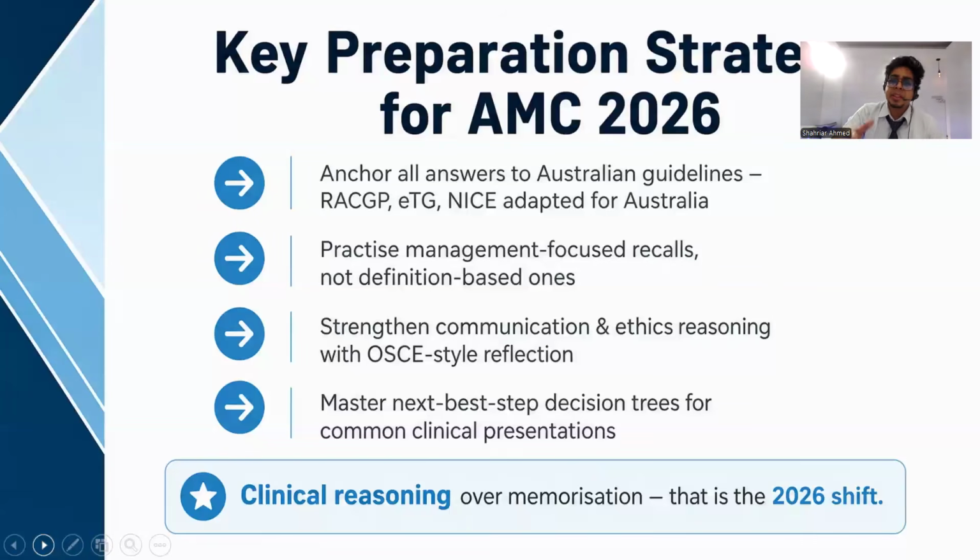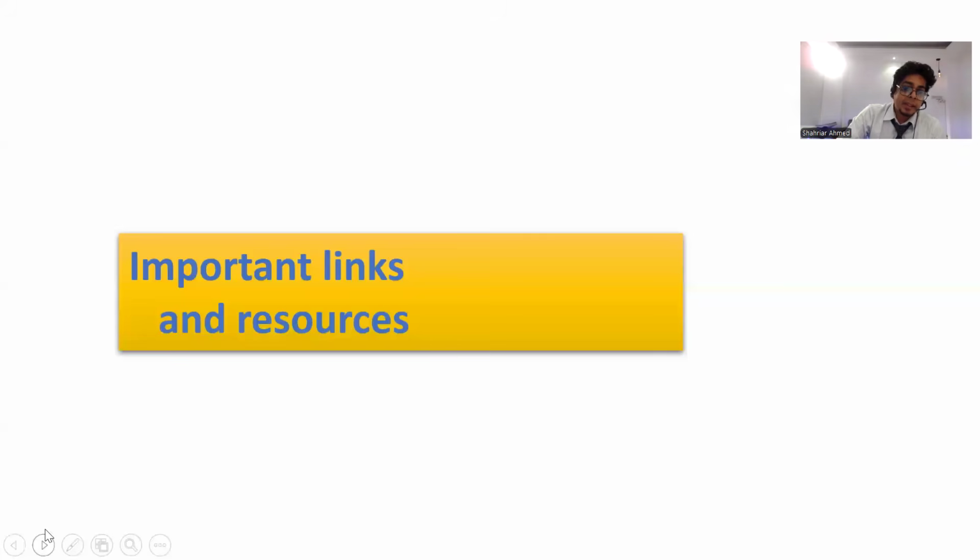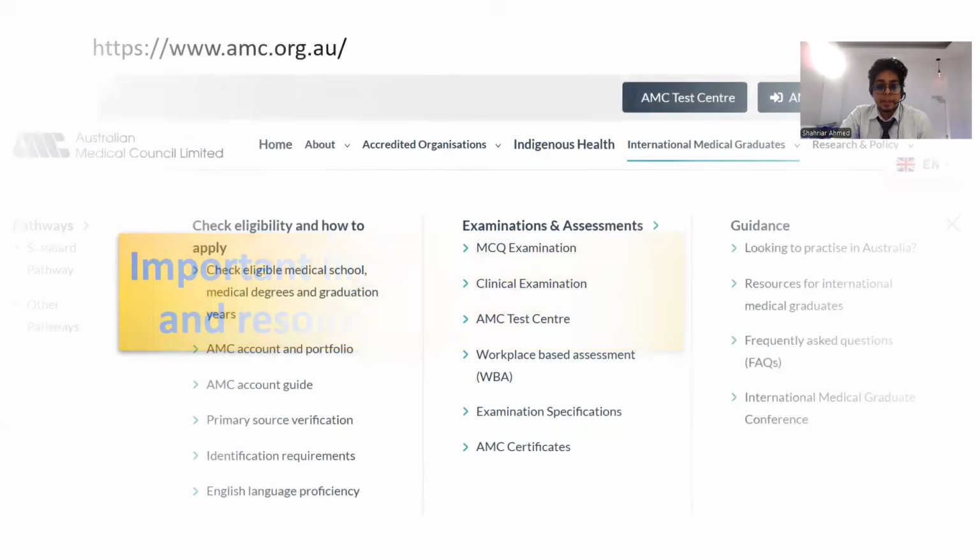I can tell you there are at least 50 different guidelines we use at different times for different systems, like RACGP, RCH guidelines, Rank Course, Medscape, Med Bullets. I can keep telling you, so it will vary from class to class. So I'll go through some important links and resources.